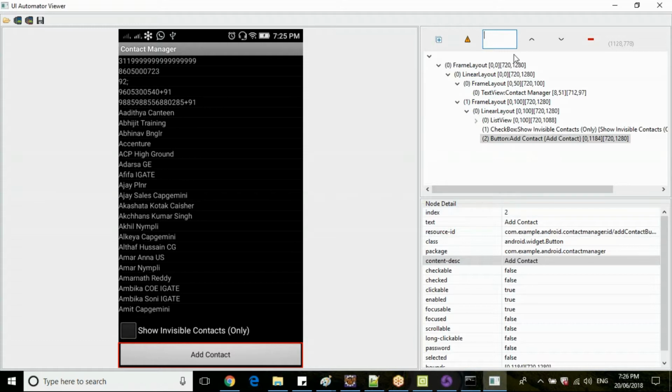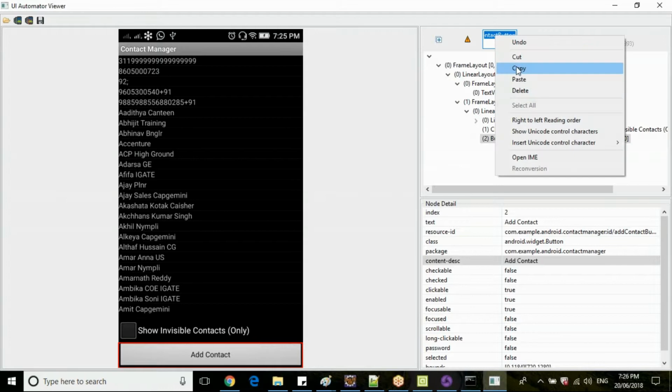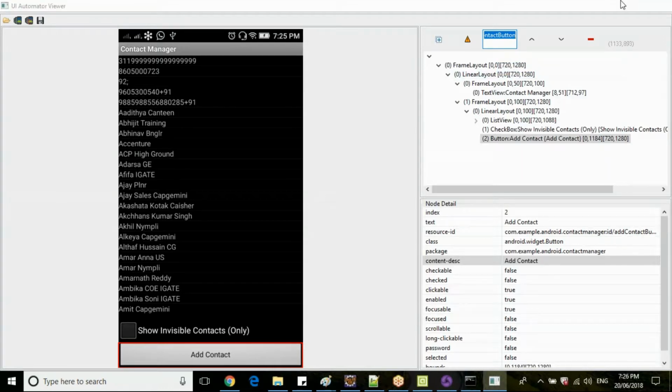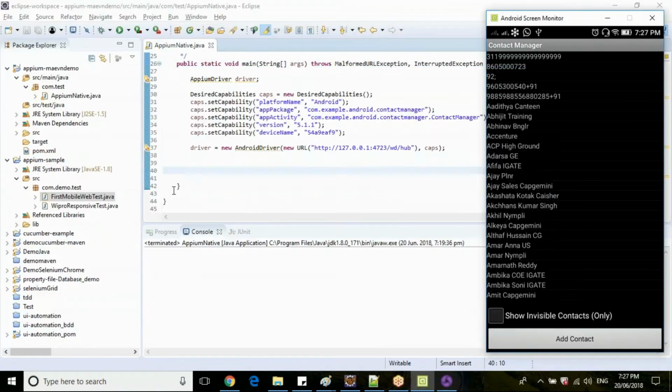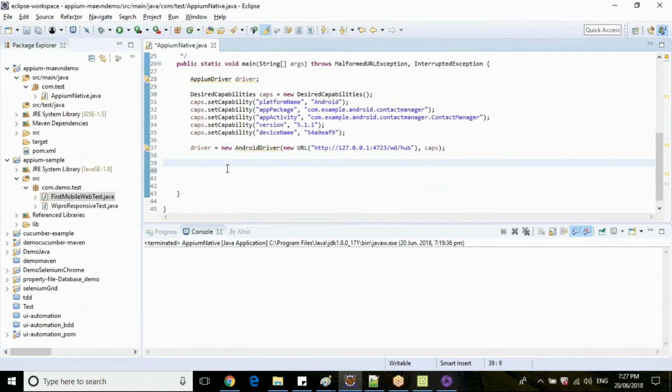Once you identify your ID, just verify: click on the search bar and enter. It will highlight the add button on the screen. Copy this add contact button ID. Now your code will not change, guys.